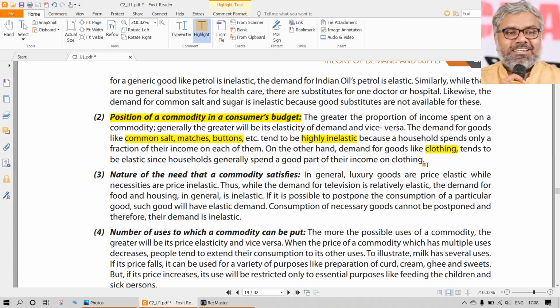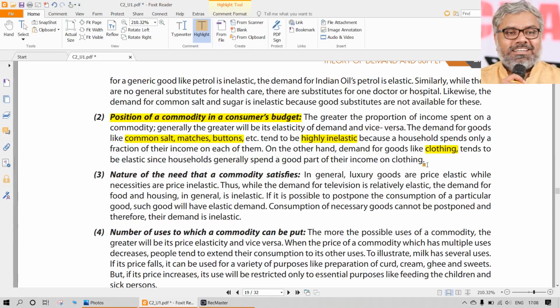But ultimately, one point for sure is what? Buying clothes is not something that everybody does automatically in a monthly budget. It has to be planned normally by a middle class family, for birthdays, occasions, festivals, or attending some functions. Then only, generally, people go and buy clothes. While doing so, that month's budget gets disturbed. If their basic necessities are not fulfilled that month, they will postpone the buying of clothes also.